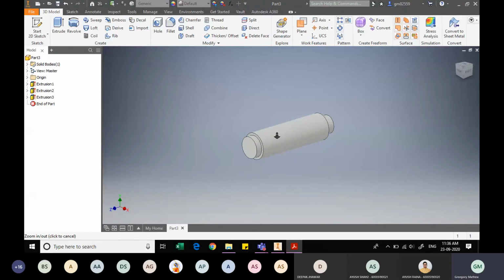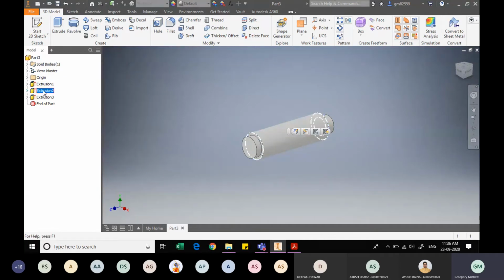So we will identify this extrusion. Currently my mouse is on extrusion 1, on the tree diagram that you see on the left-hand side. So extrusion 1 is made, and the relevant extrusion is being selected. From this I can identify which is the relevant extrusion that I need to modify. The middle portion is represented by extrusion 2.